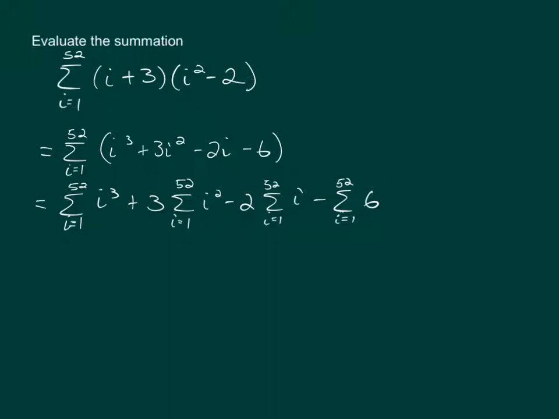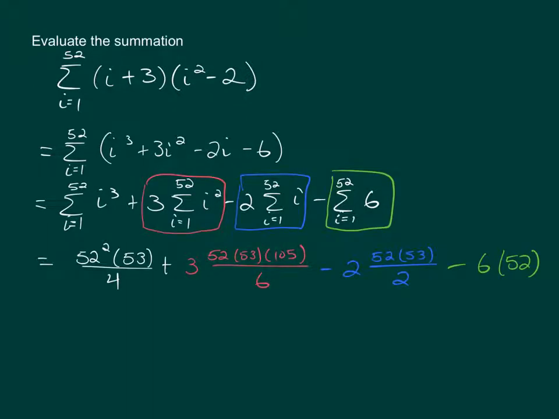So with this, now we can start using the formulas to simplify these summations and get this summation notation out of here and get something that we can actually work with. And when you use the formulas for the summations, the sum of i³ from 1 to 52 is the upper bound squared times the upper bound plus 1, which would be 53 squared, all over 4, plus 3 times